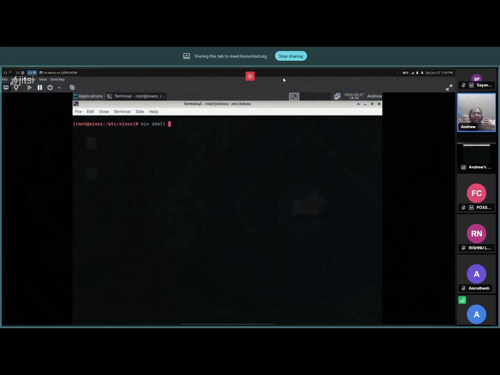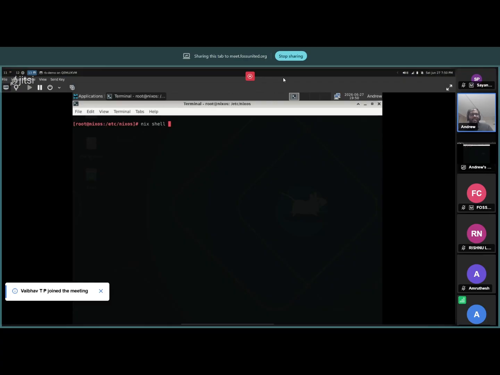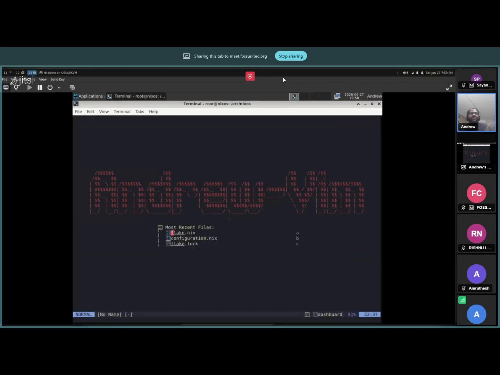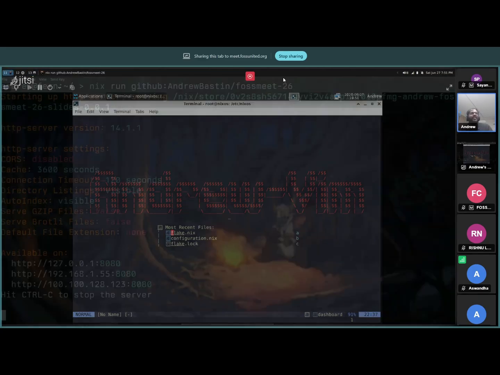So actually, let's say I want my NeoVim configuration in this machine. I can even do that, similar to what we did for the FOSS Meet talk. You can just say this. I'm just going to get the mini version of my NeoVim configuration so that it's much easier. For time's sake, I have already run this in the computer, so I can just do that now. But this is the same NeoVim configuration running on a different machine. Let's say you have a NixOS machine that you are SSHing into, you can bring it over there, and you can still use your own configuration. So you don't need to install anything. So it's there. This is the same thing that actually runs in my machine.